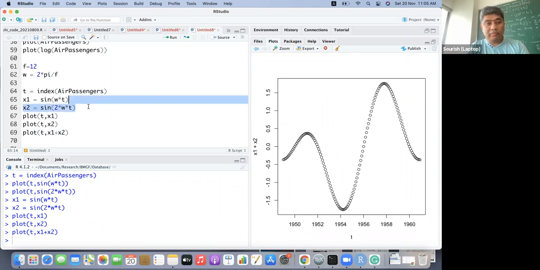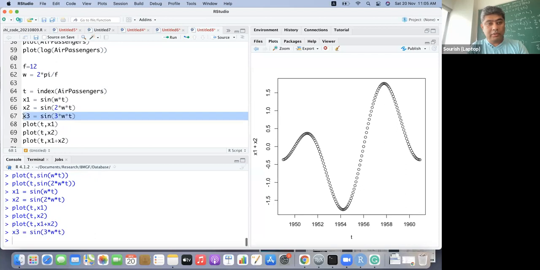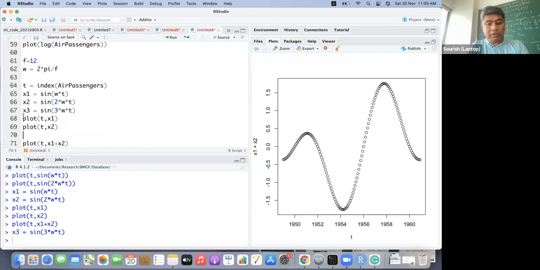Then we can go for maybe a third wave. How will the third wave behave? The frequency is now becoming much faster.